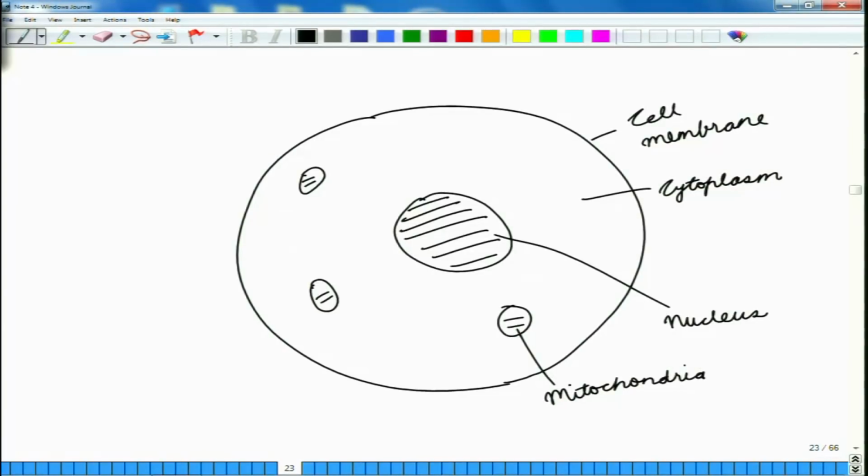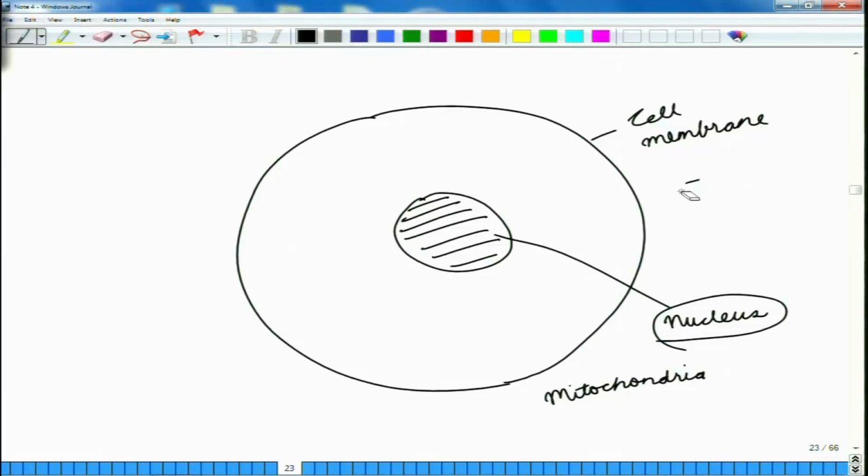We might be having an endoplasmic reticulum, which is a distinct structure that is used by different organelles to move things from one part to another. We could be having Golgi bodies and so on. But for the case of genetics, the only thing that we are interested in right now is the nucleus. So we can forget everything else. So there is a cell and there is a nucleus inside.